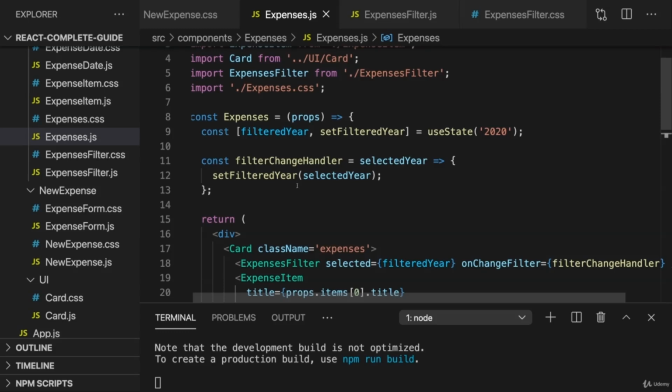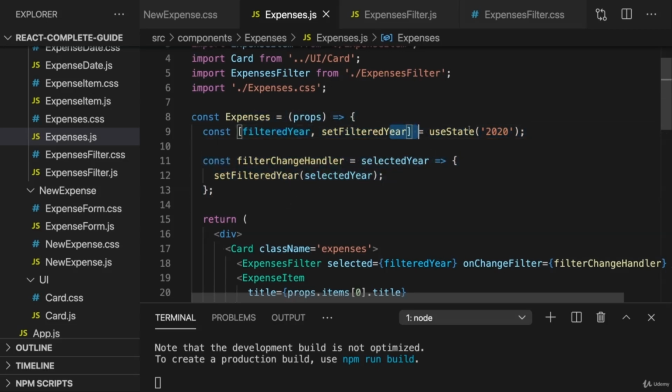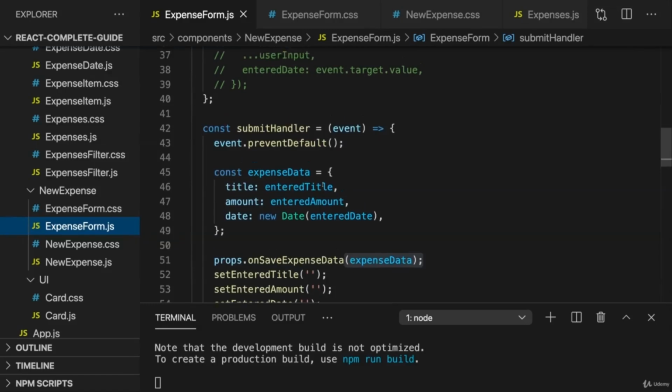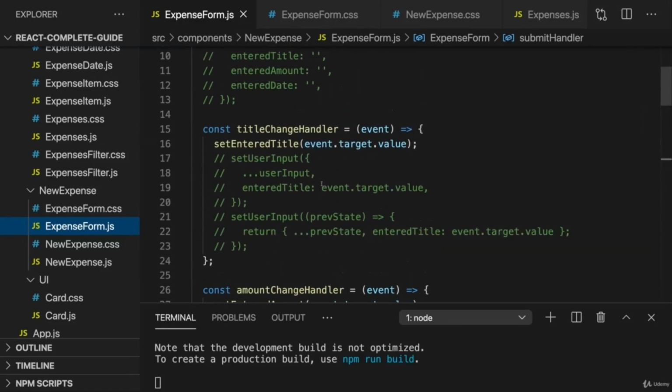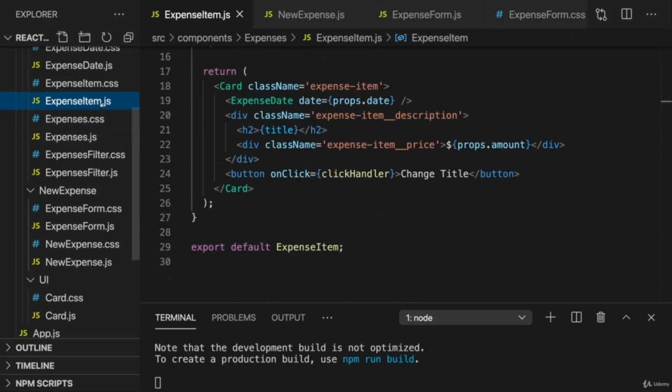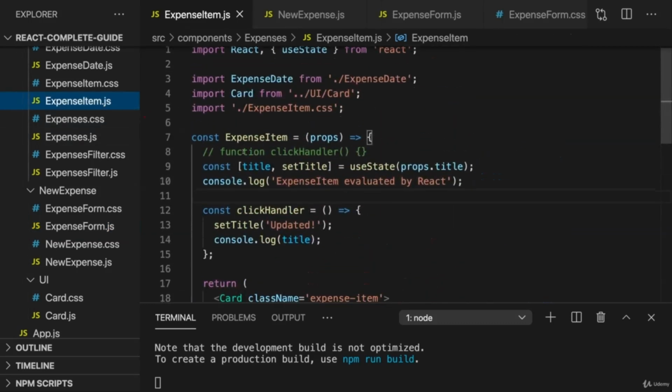It simply means that in basically all React apps which you're building, you will have a couple of components that manage some state, like this expenses component, which manages this filter state, or the expense form component, which manages the input state. And then you will have other components which don't manage any state, like expense item,